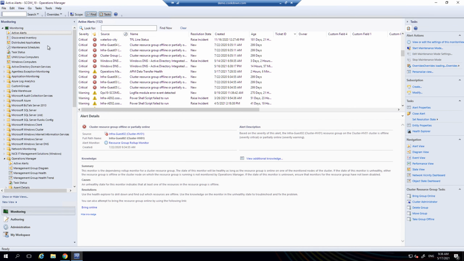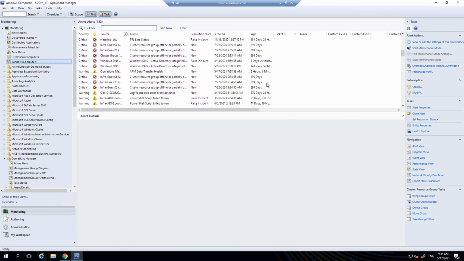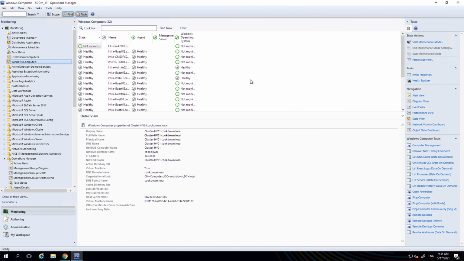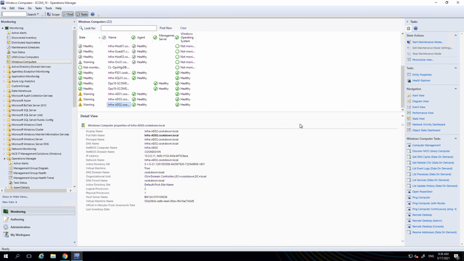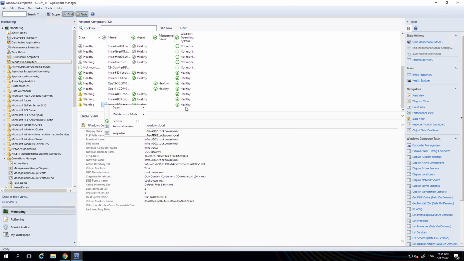If I were to go to Windows computers now in my lab and find wherever it is, Infra ADO2, this guy, really soon what we should see is in this column here, it goes into maintenance mode. So we'll wait for that, and while that's happening, we're going to go back into